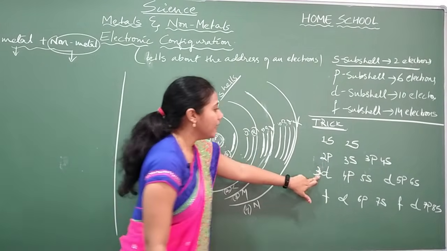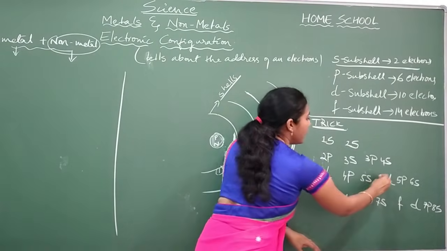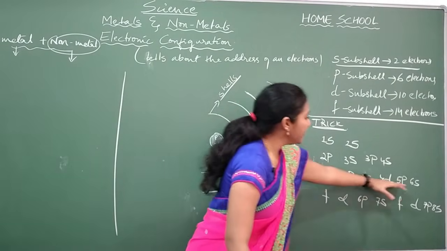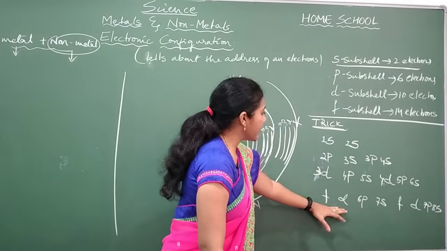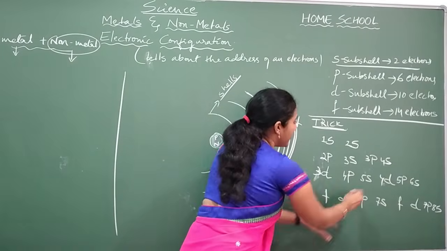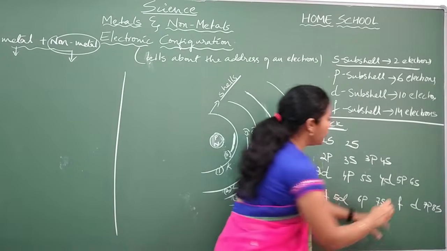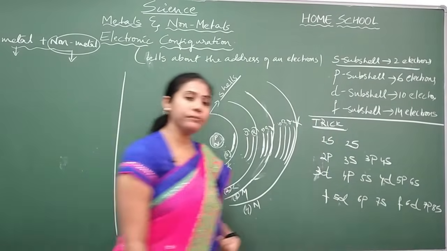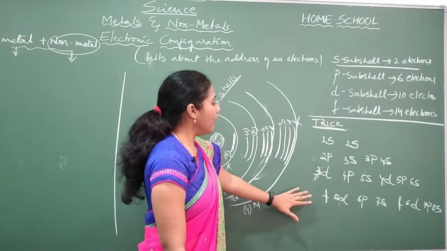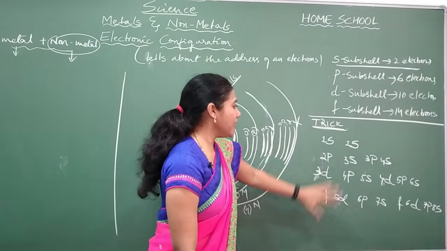This is 3D. Now here one more D is there, that is 4D. In this line, D's are over. Coming to the next line, where is the D? Here it is. Here you have put 4, no? Here you put 5D and 6D. Okay, fine. And now start putting numbers for F.